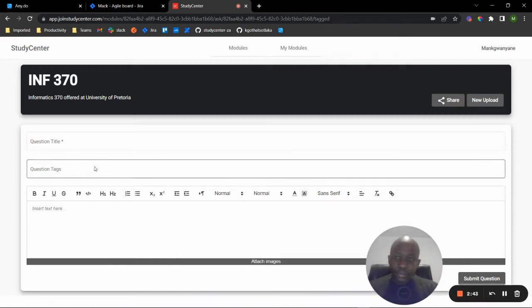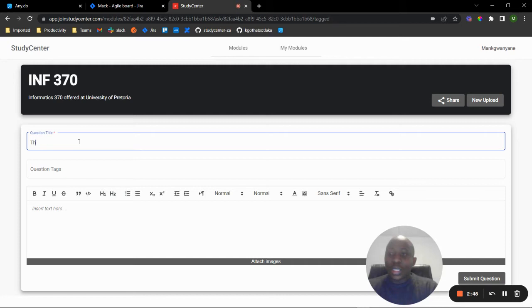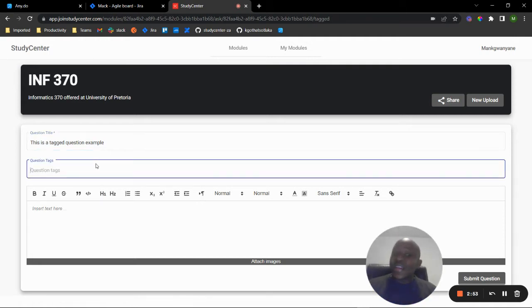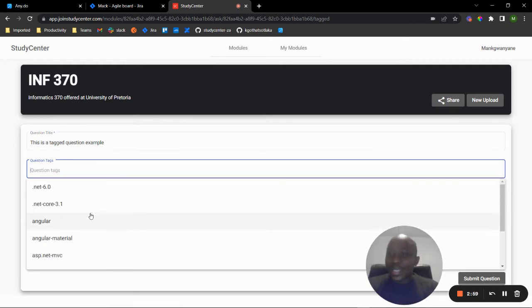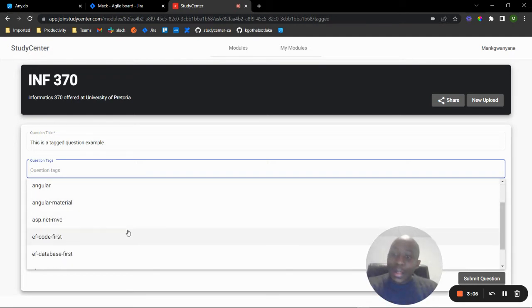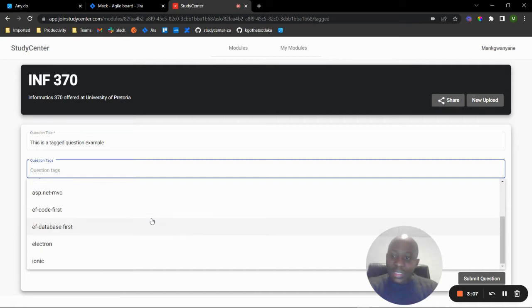Each and every module has certain tags associated with it. Right now, the tags currently in the system are .NET 6.0, 3.1, Angular Material, MVC, Entity Framework Code First, Entity Framework Database First,